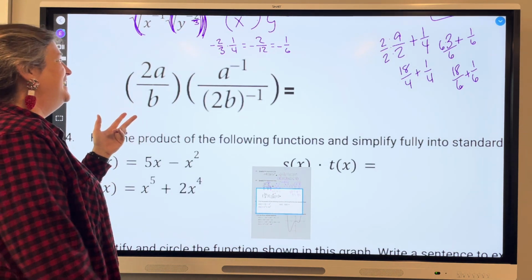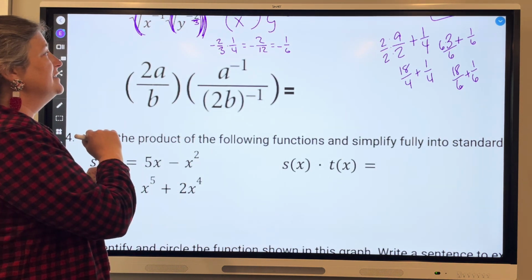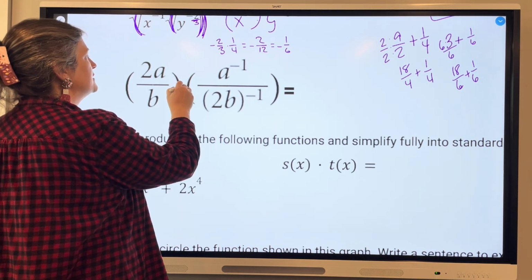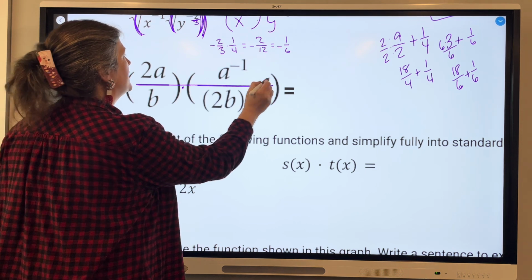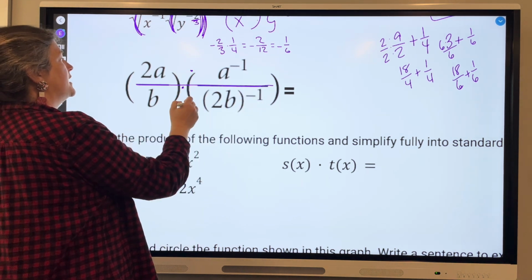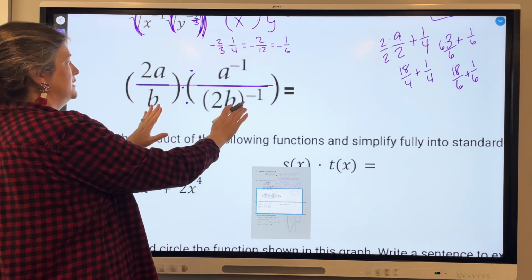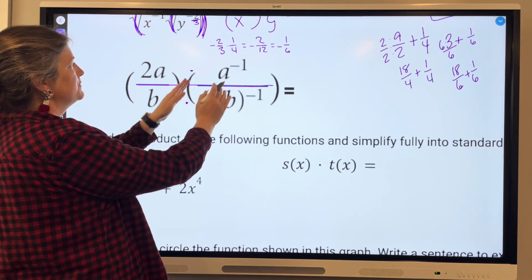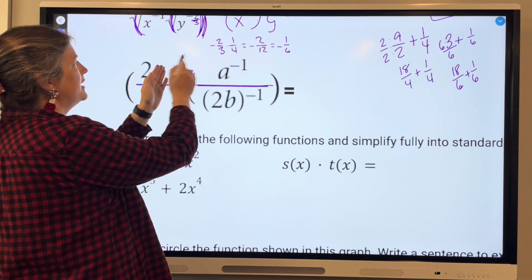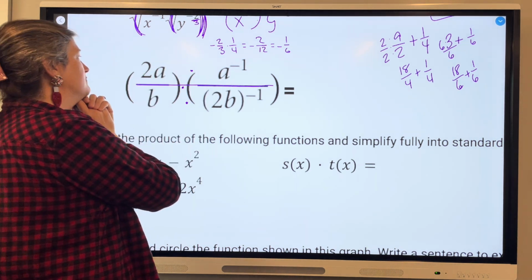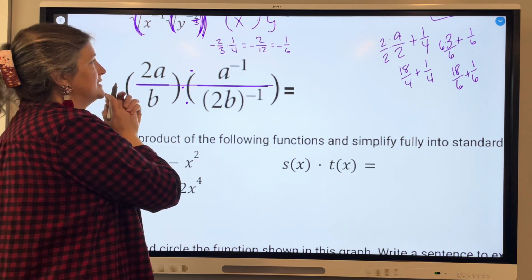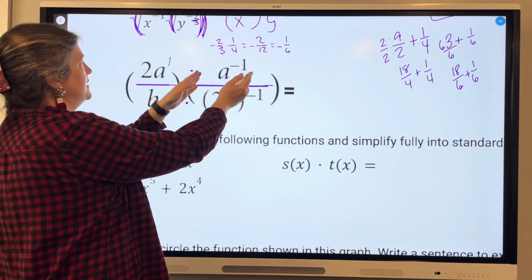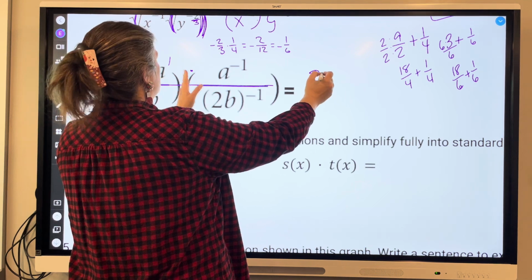Now this one's even more fun and a lot less detail and no fraction addition, because everything is multiplication. So when I multiply the tops and I multiply the bottoms, but first I need to deal with these negative exponents. Well, one way to do that would be to say, when I multiply bases raised to exponents, I add the exponents. So I could see that this would become 2